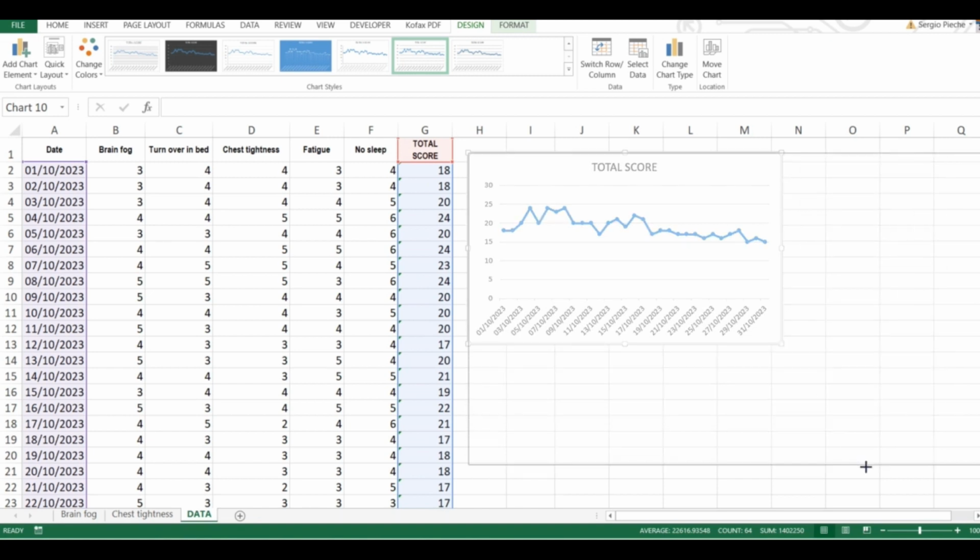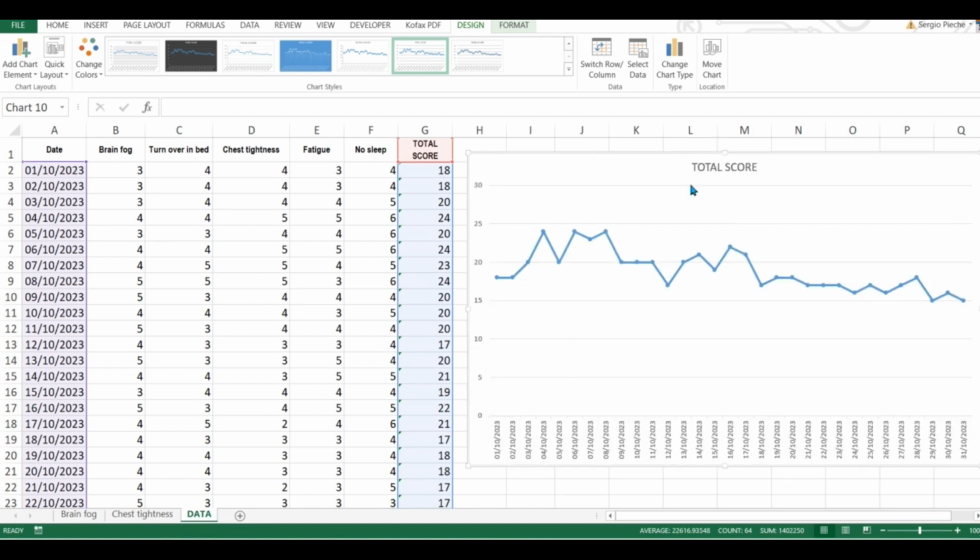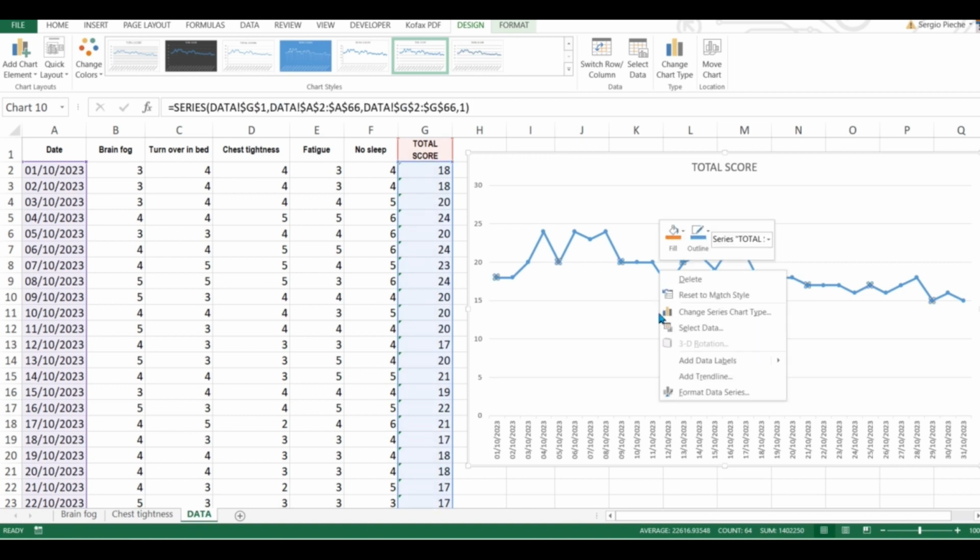We expand the chart. The title is Total Score. We have the total scores shown as a sort of line graph. We have the dates of October and the scale. Let's add the trend line. We point to the line. We right click with the mouse. We select Add Trend Line,